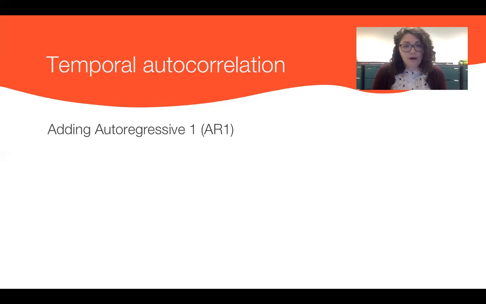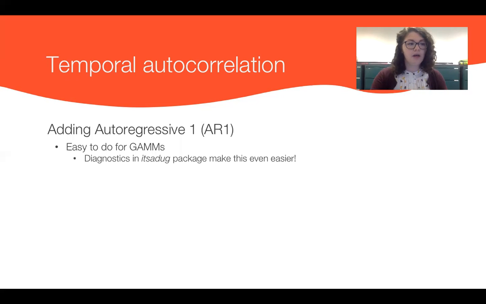And you don't have to do anything really, but you're just specifying in R when you're building your model that you want to include an AR1, and it's going to help account for and correct some of that autocorrelation. This is really exceptionally easy to do in GAMMs, and the diagnostics in the itsadug package make it even easier to visualize the before and after when you're introducing this AR1 and correcting for that